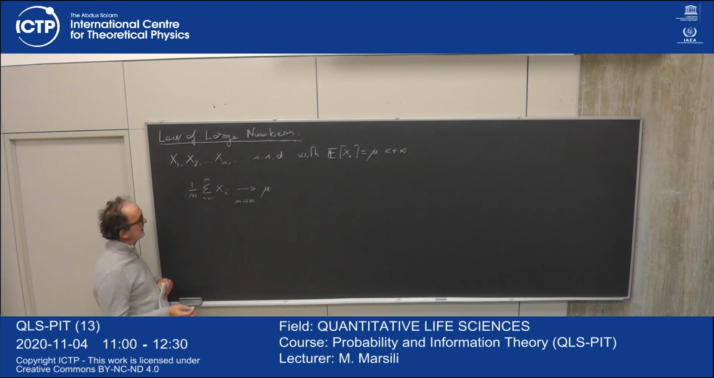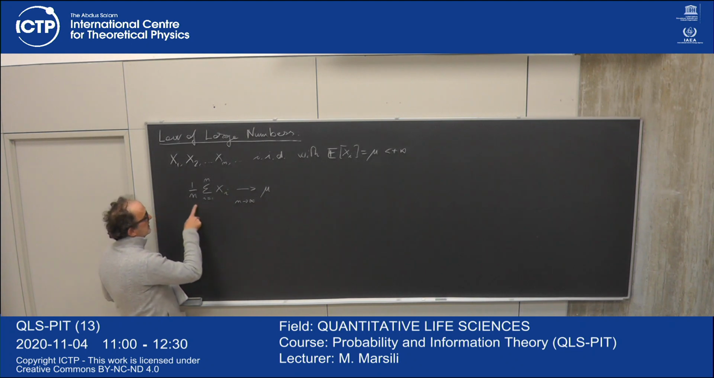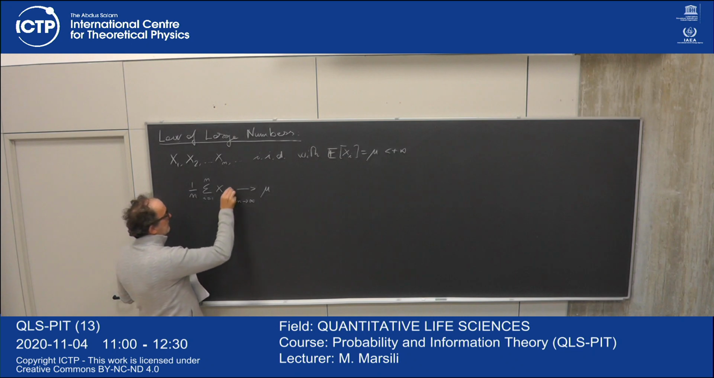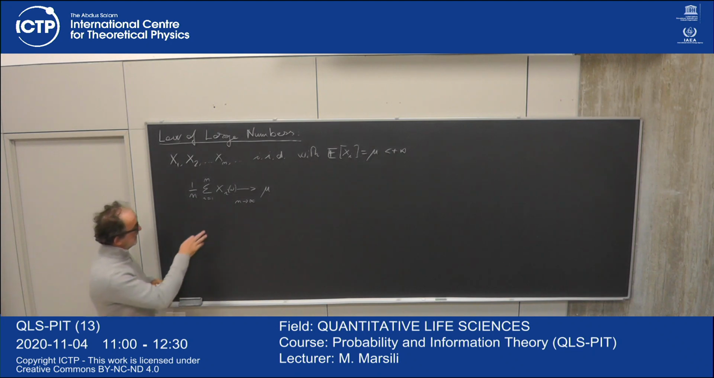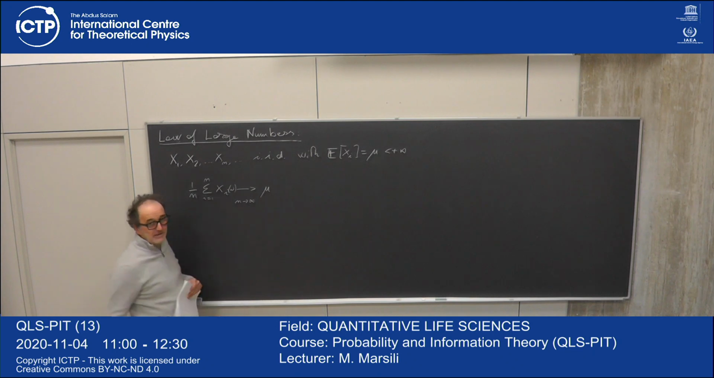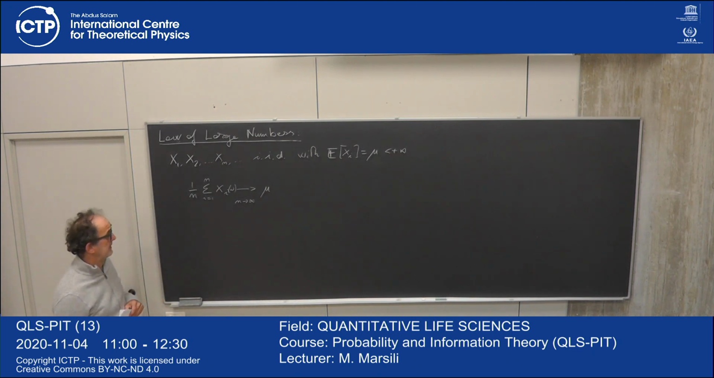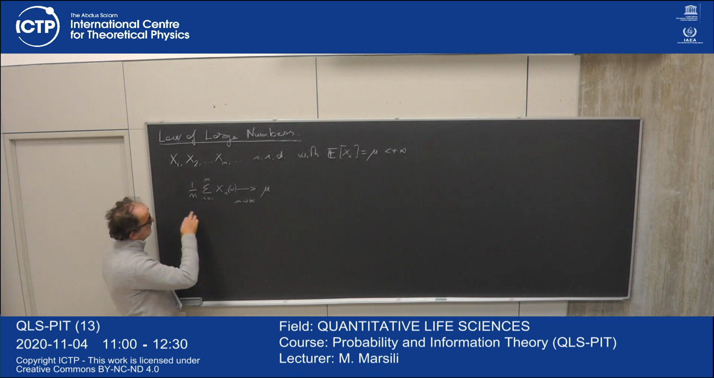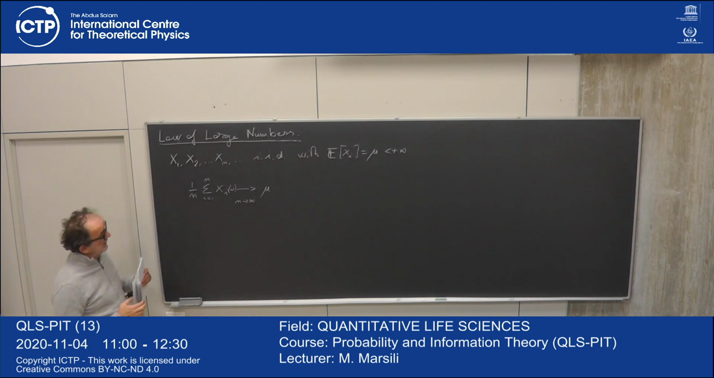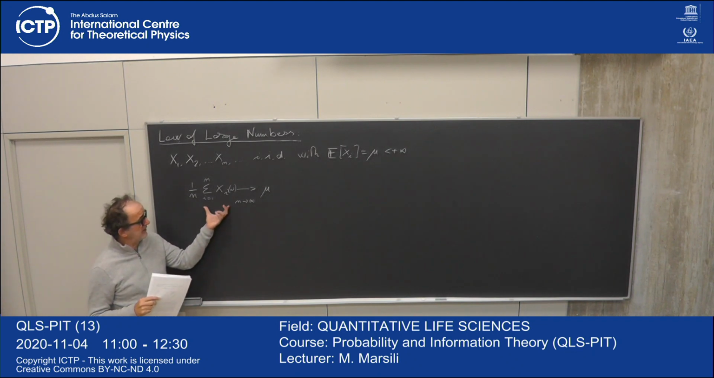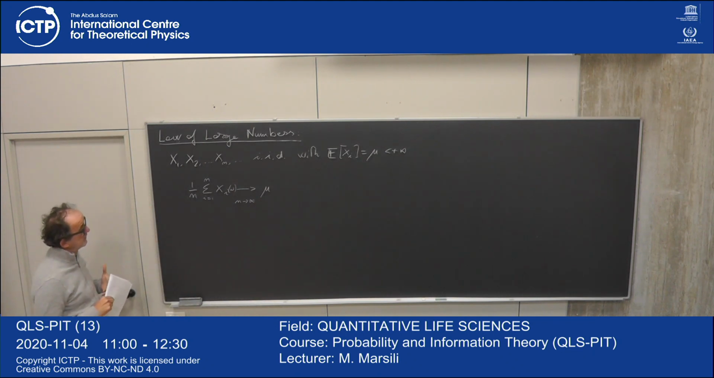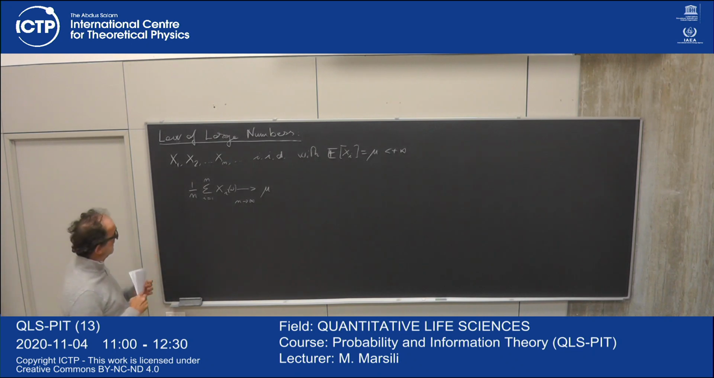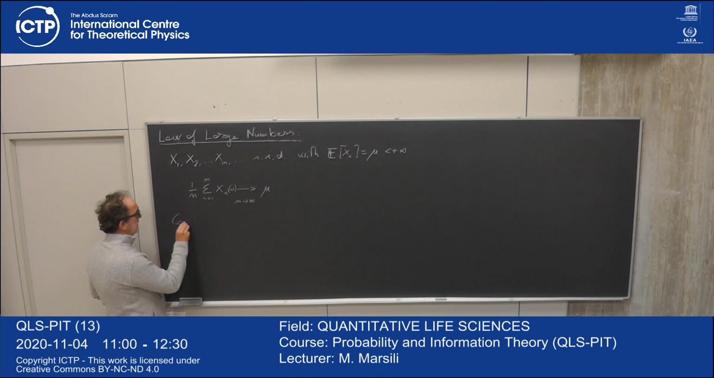So first reason is that this object on this side is a random variable. It depends on the realization in a sample space, whereas this is just a real number. So what the law of large numbers tells you is that in the limit when n goes to infinity, the randomness of the mean disappears, and you just get a number. So this is also referred to as a concentration property,